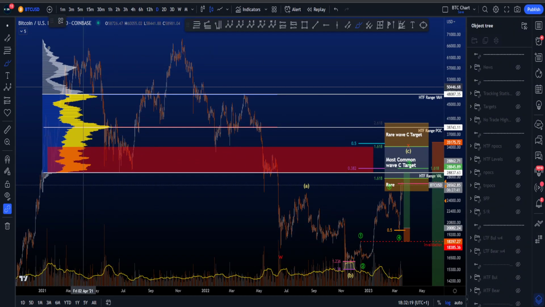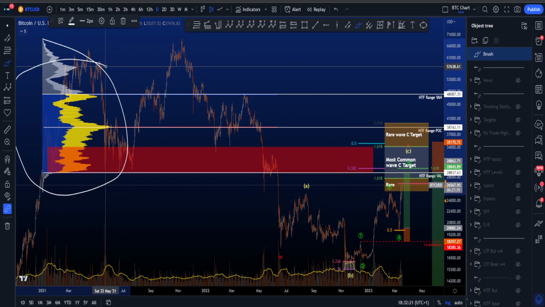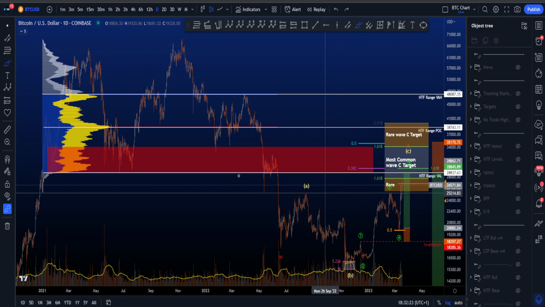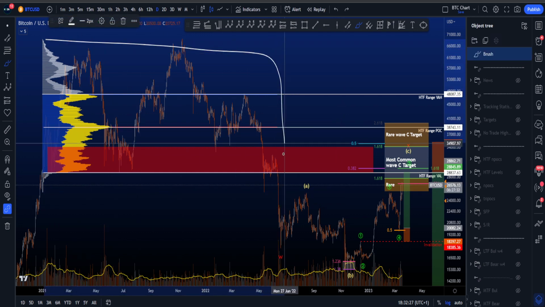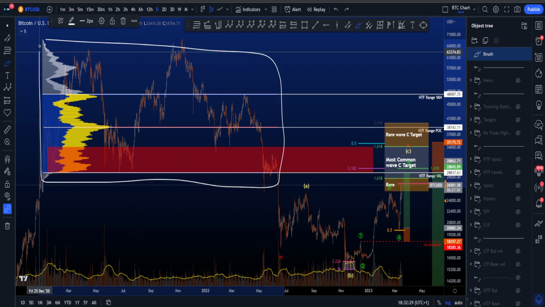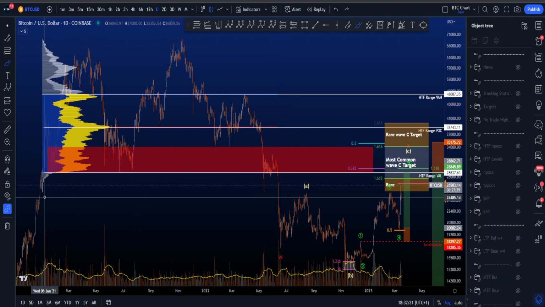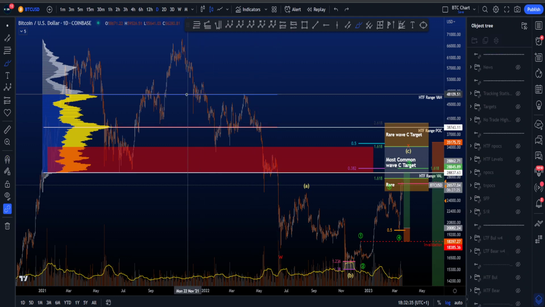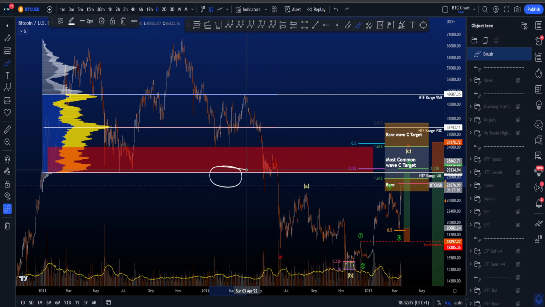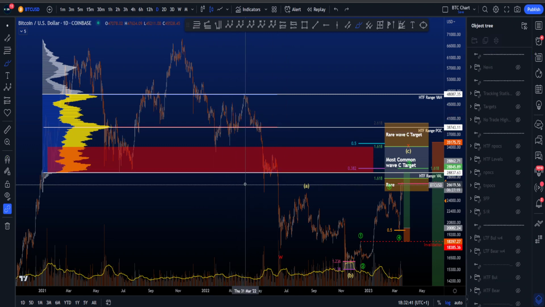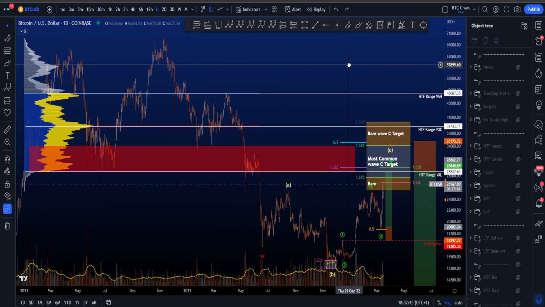volume profile that I have on my chart right now, because it is that time that it becomes important to have this on the chart. What you're looking at is basically the volume profile of this range right here. So you pull the volume profile from the beginning of the range to the end of the range, and then you get the value area high, the point of control and the value area low of this range. And these are very, very important volume-based levels, and in my trading I really enjoy volume-based levels, as they are